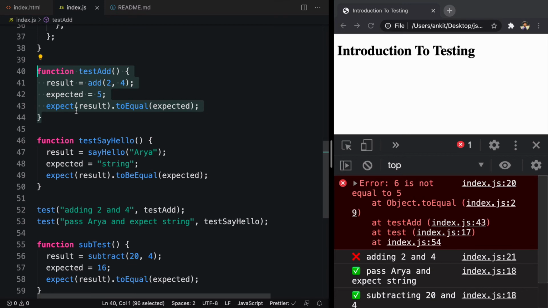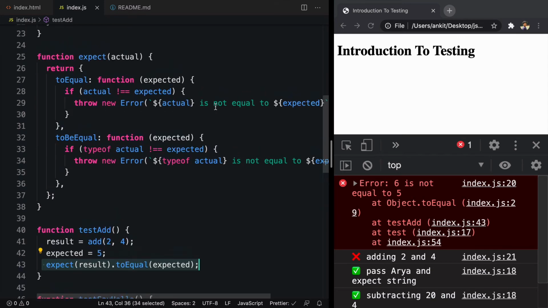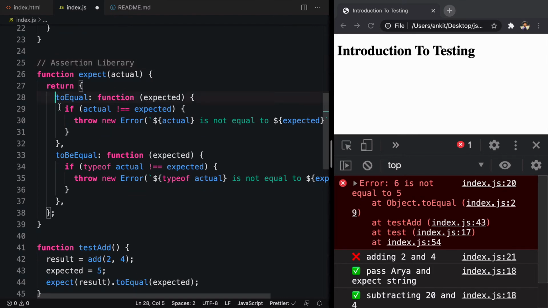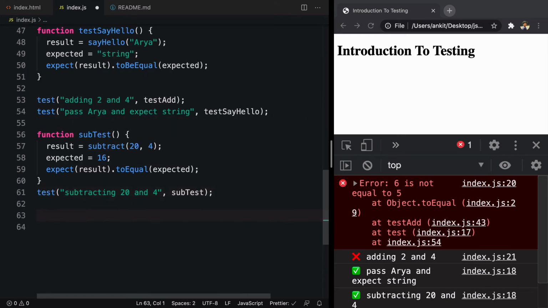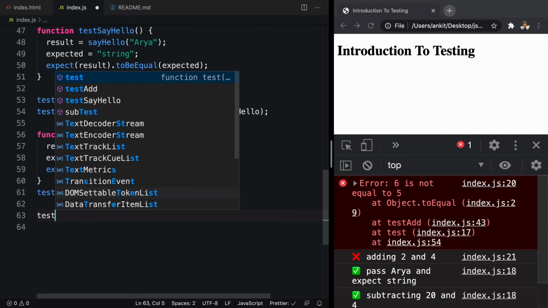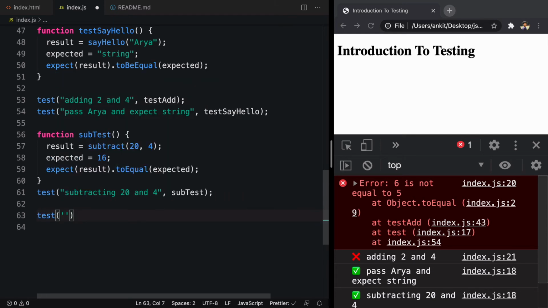So now our test will look something like this. So this is going to be our assertion library. And assertion library is used for comparing two values. If the comparison is not true, then we're going to throw an error. So now if we want to write any test, the first thing we need to do is to call test function that accepts a message. We'll call it add 10 plus 10 to be equal 20.